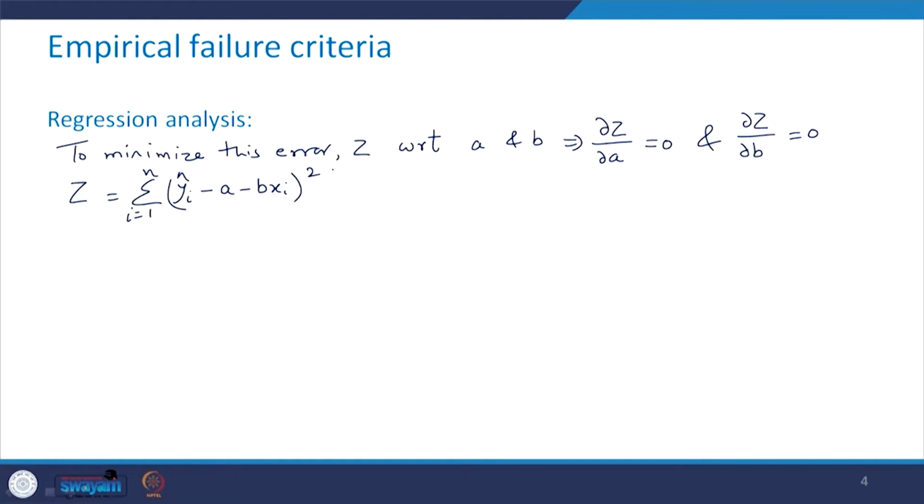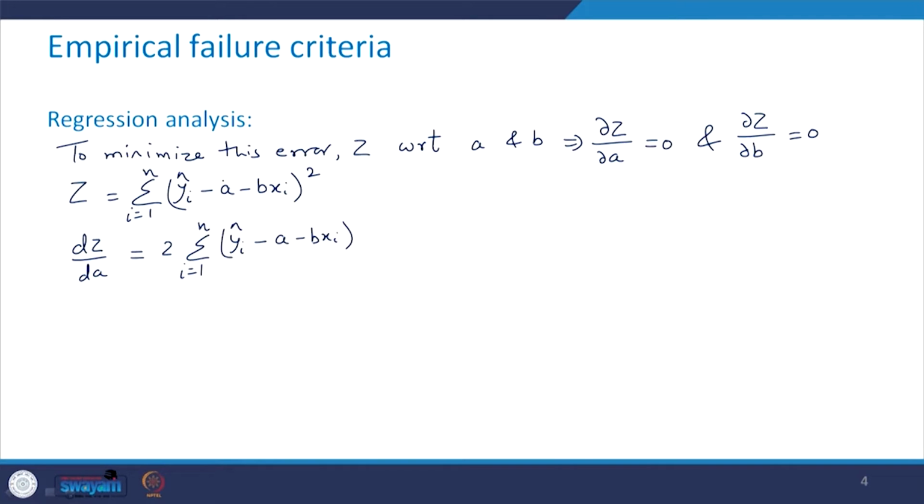Now just differentiate it with respect to a. So what we are going to get is dz by da is going to be equal to 2 summation i equal to 1 to n, yi cap minus a minus b xi,